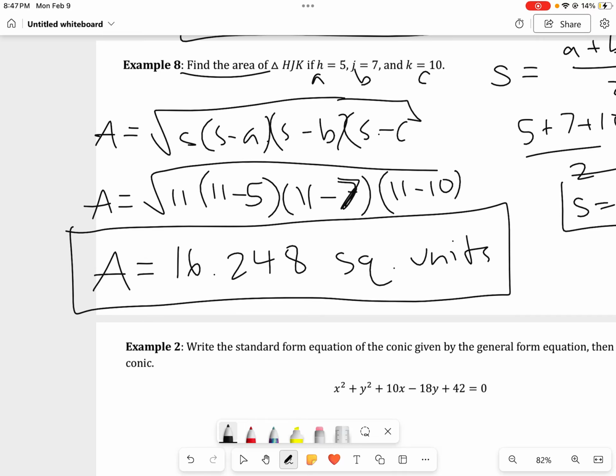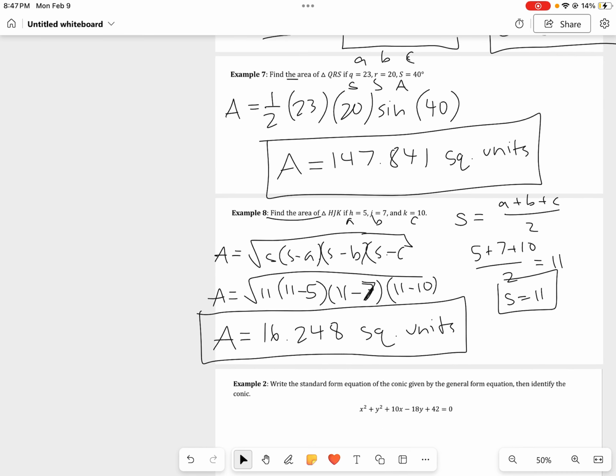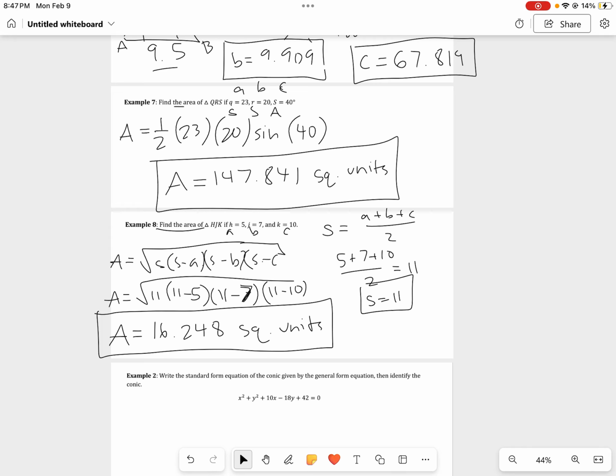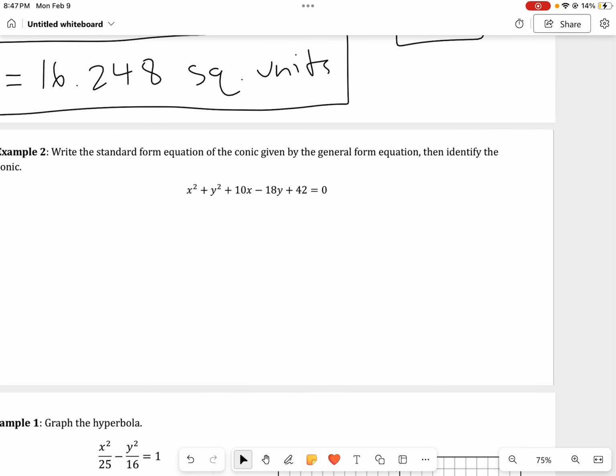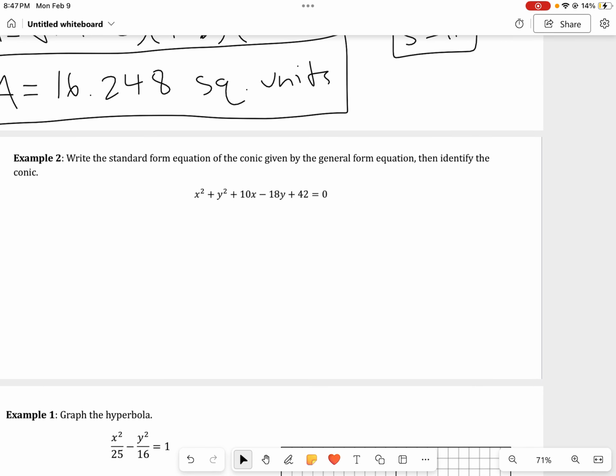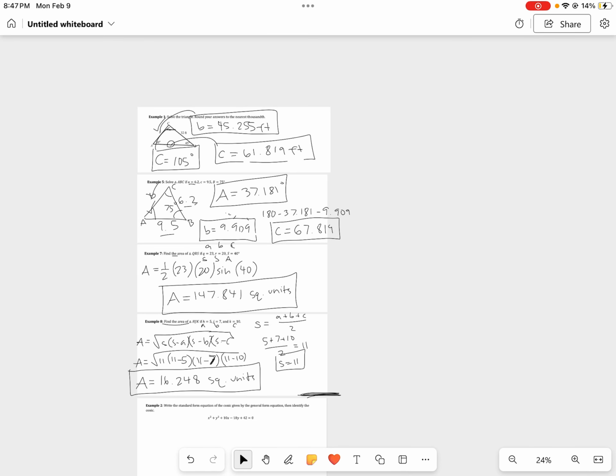And that is your answer. So it's another formula to get the area of a triangle, an oblique triangle. So let's get another one going on. Okay, so you can see it kind of draws a line here. So if we were going to label what we just did, so that would be